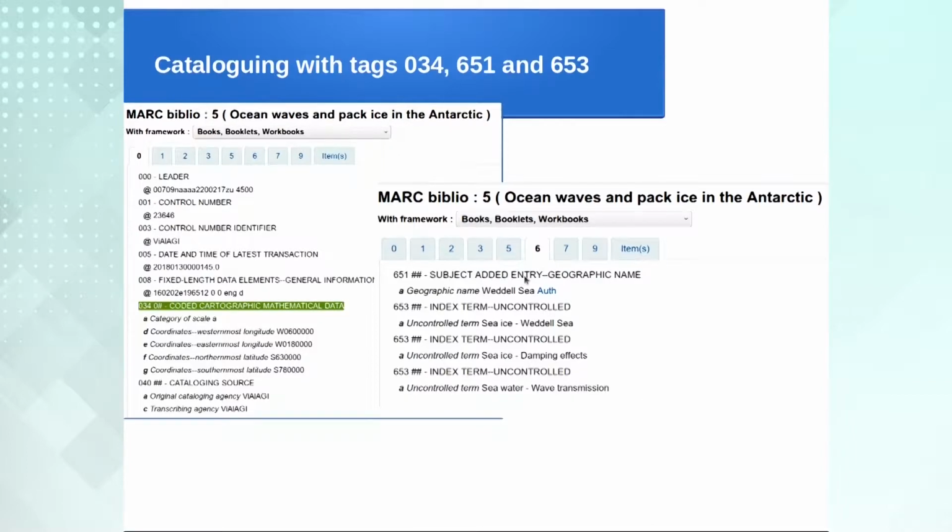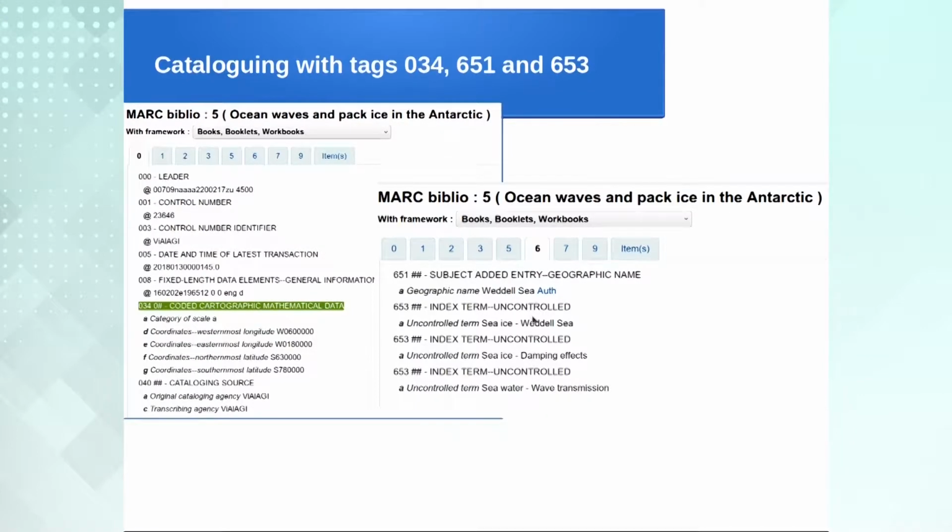And in 651 we can give the authorized geographic name value, in 651 subfield A, geographic name, that is Weddell Sea. This is actually authorized from FAST, the geographic name authority. FAST stands for Faceted Application of Subject Terminology.